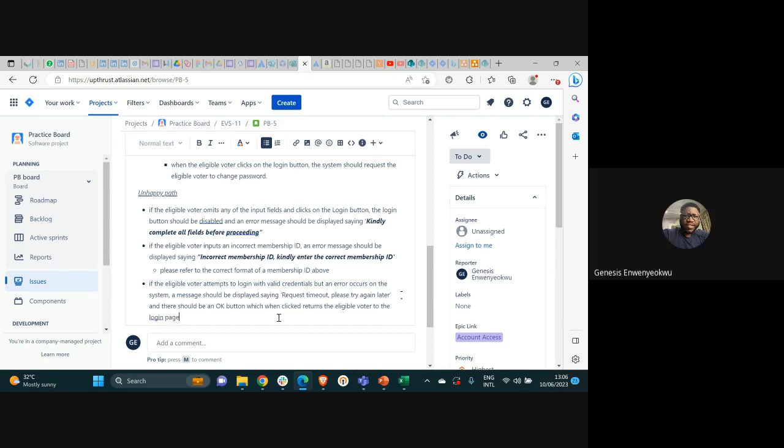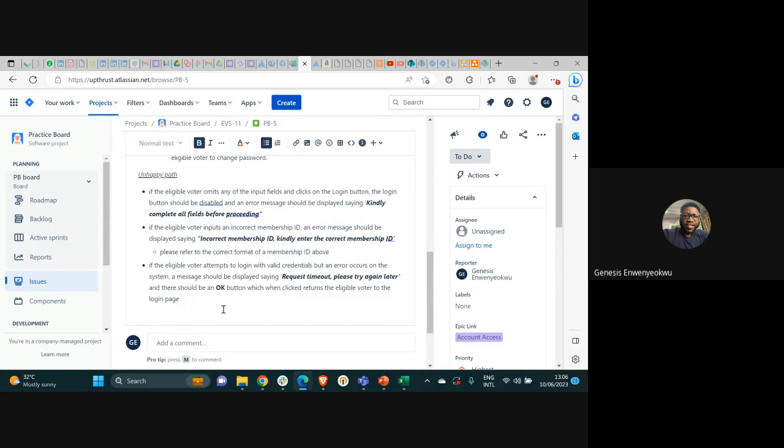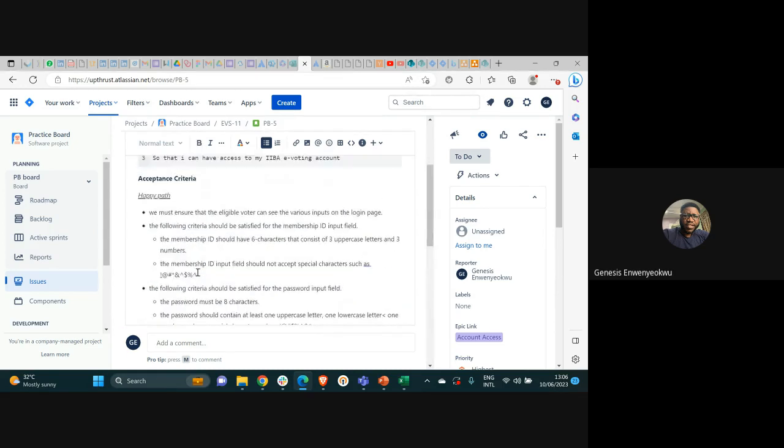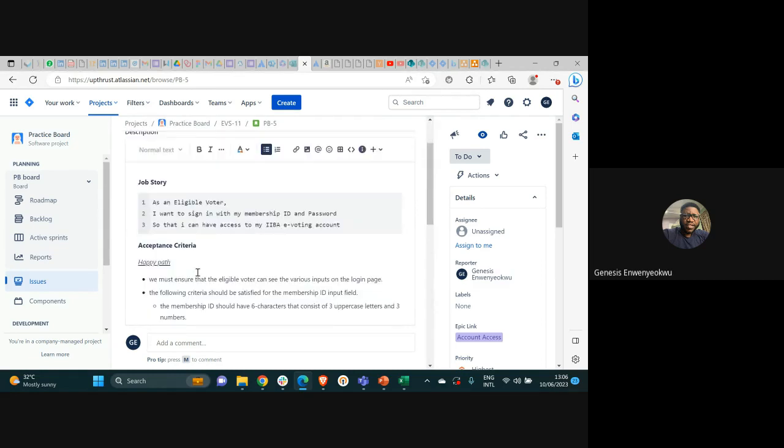Many people miss this other part of the statement. They only stop at this place. So you need to instruct your developer that there should be an OK button, or a close button, so that when you click, you can close that message and you're returned to the login page. So we can go on and on writing as much acceptance criteria as we